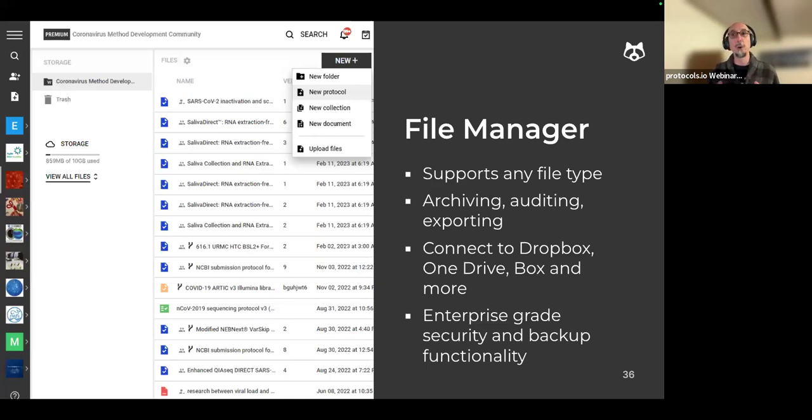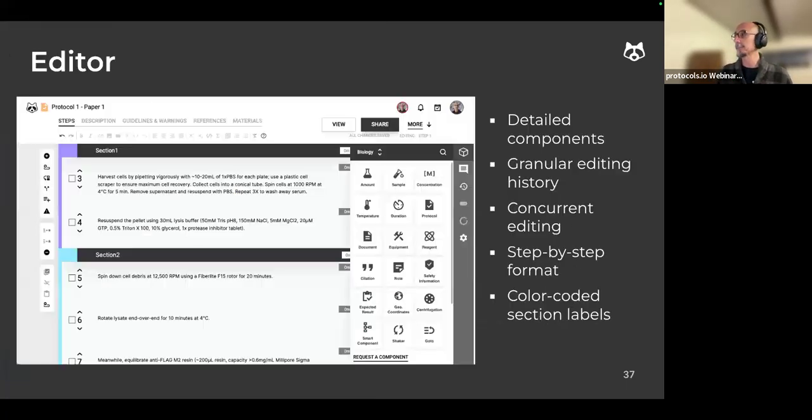The file manager supports any file type. It helps you archiving, auditing, and exporting because it can connect to Dropbox, OneDrive, and Google Drive. And it has been designed with enterprise-grade security and backup functionality. The editor has detailed components, as I showed you before, a granular editing history, and allow all changes to be reverted if needed.